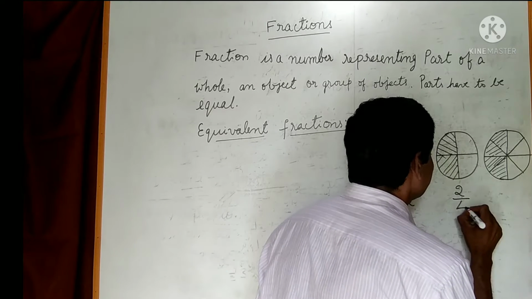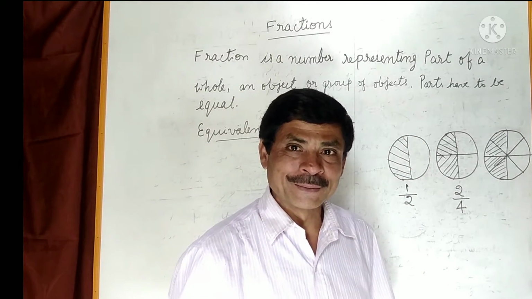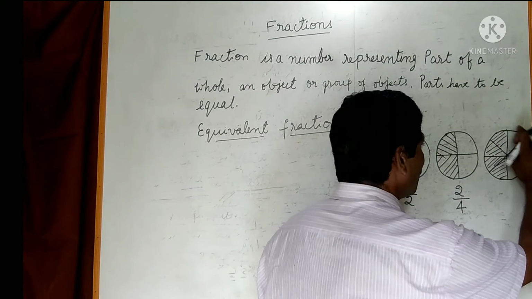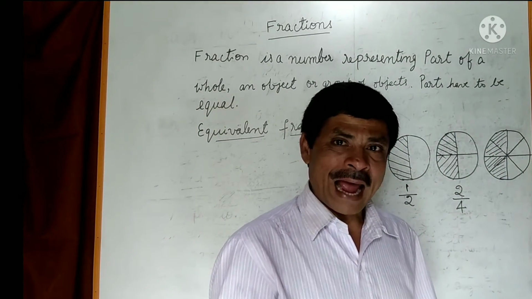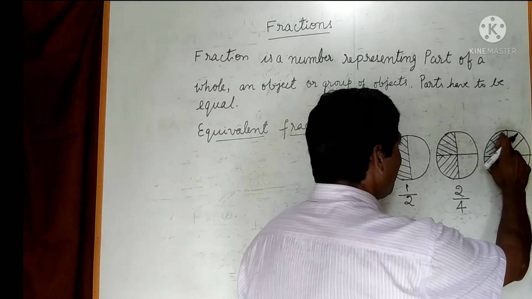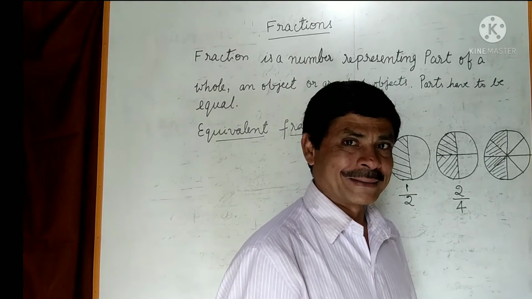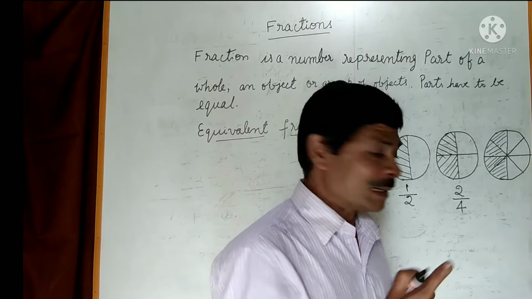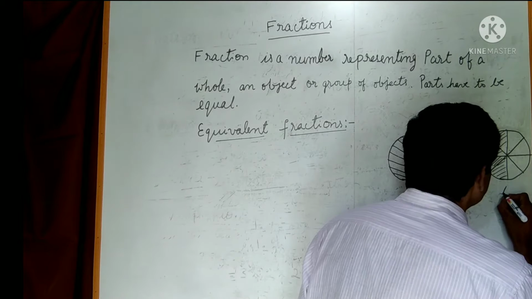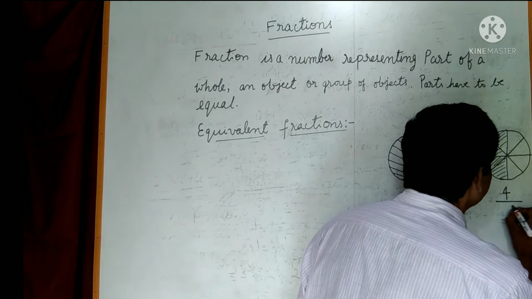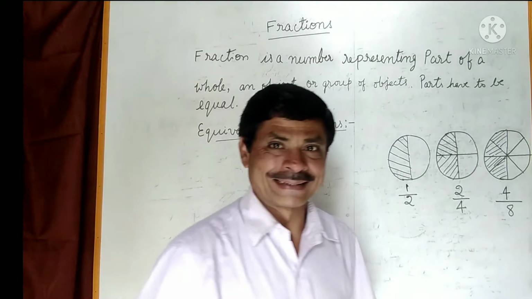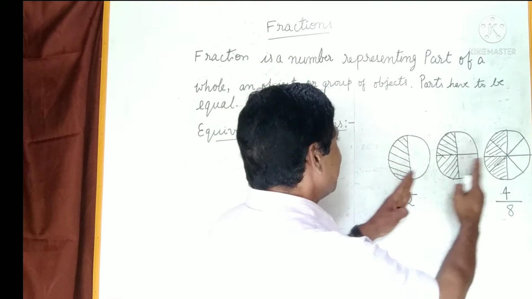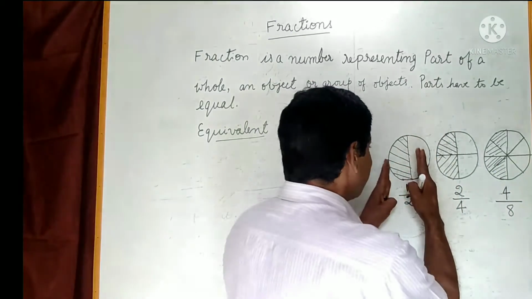2 divided by 4. Okay? Now we have divided the same circle into 8 equal parts and we have shaded 4 equal parts. Okay? And now the shaded portion can be represented as 4 divided by 8. Okay? Now when we overlap these circles one over the another,